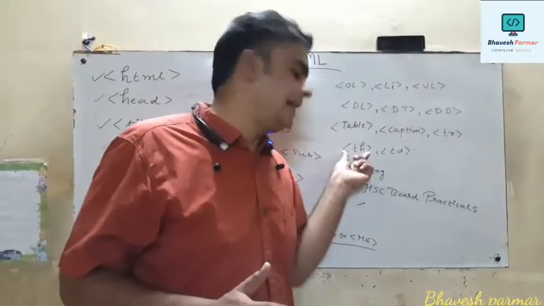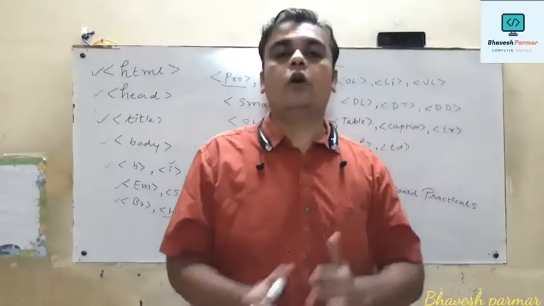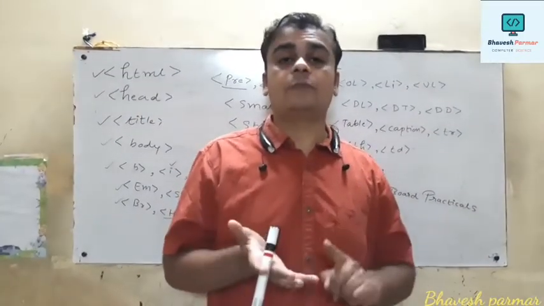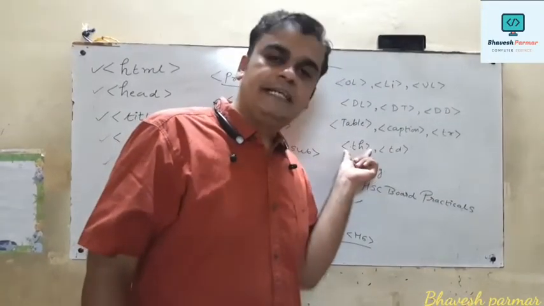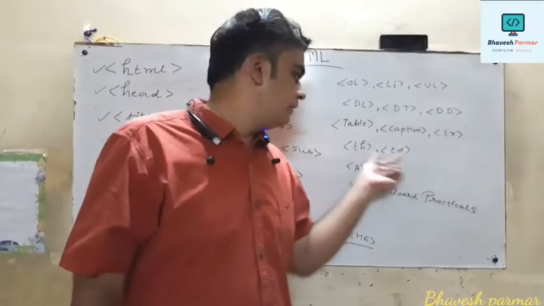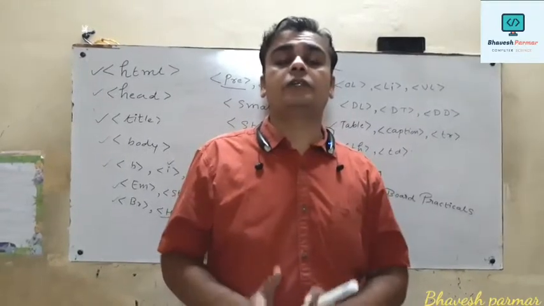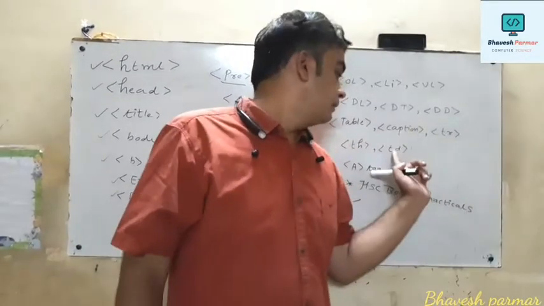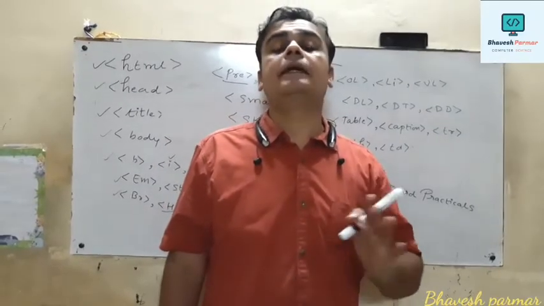Thereafter the next tag is TH tag. TH tag represents table heading or title to be given for a specific row or specific column. And generally when we use TH tag, it displays the text in bold form. Thereafter TD tag is there. So what is the role of TD tag? Actual information should be present or represented by TD tag. TD tag represents table data.